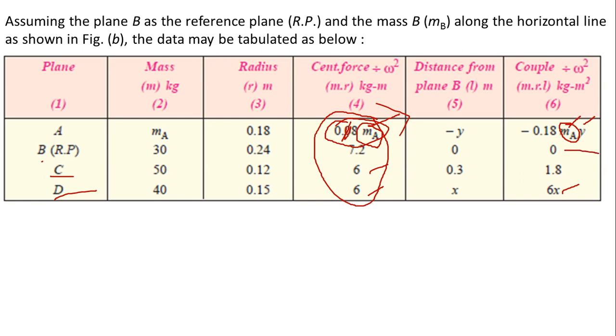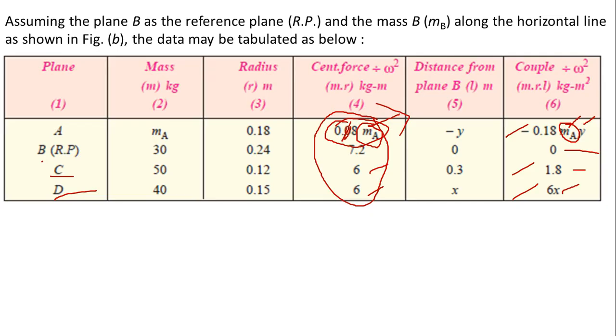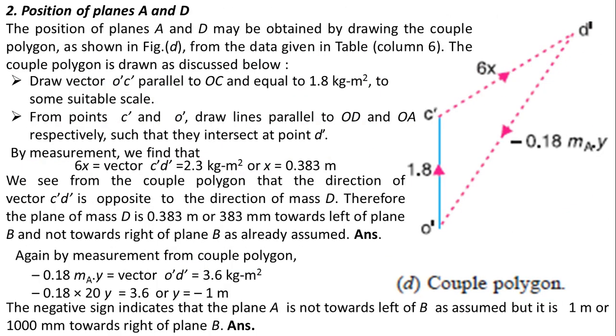So this is 0. So how many values are there? Only 1, 2 and 3. This is 0. So you should get a type of triangle, 3 lines. Whichever is known to you, you will start from there. So this is point 1, this is 1.8 for plane C. C is however 90 degree. Okay. So start from O dash to C dash. The units taken as 1.8 units.